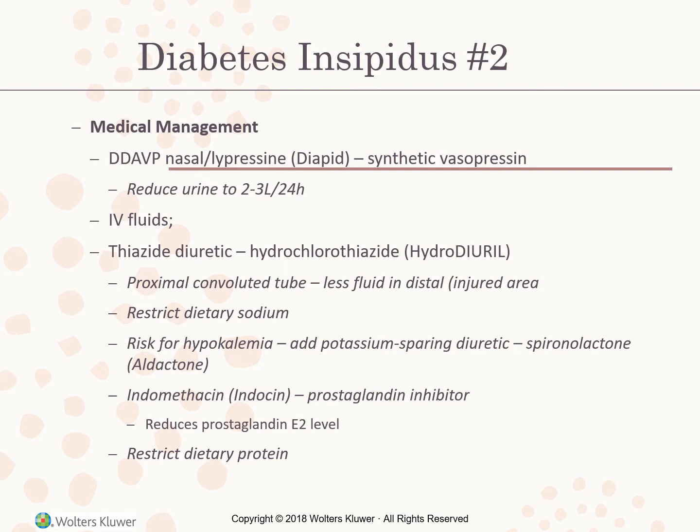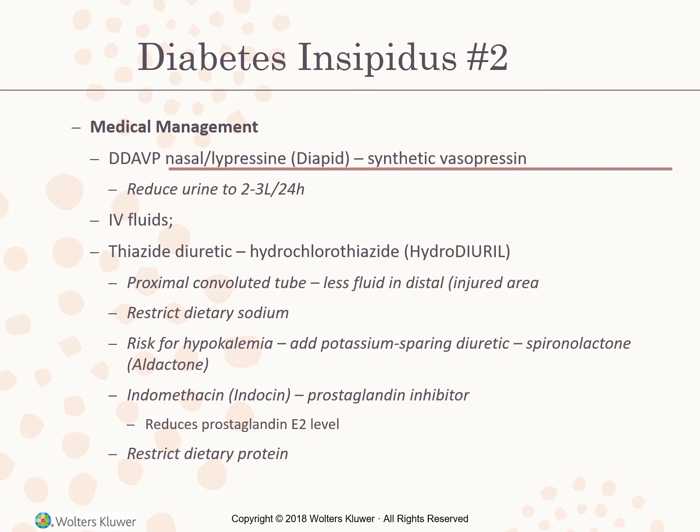So, the management of nephrogenic diabetes insipidus is different. Besides ensuring that the patient has had a sufficient intake of fluid, the doctor also needs to reduce the client's urine output by reducing the amount of sodium excreted by the renal tubules. Therefore, the doctor is going to restrict the patient's use of dietary sodium.